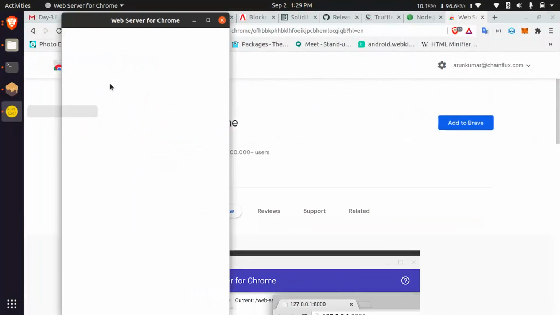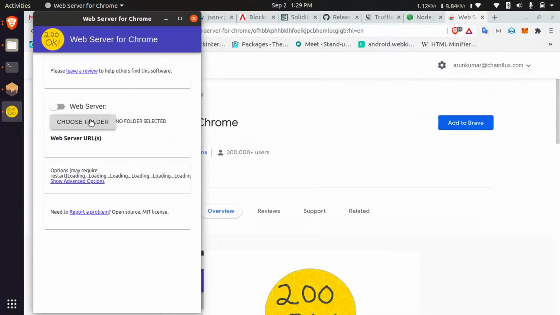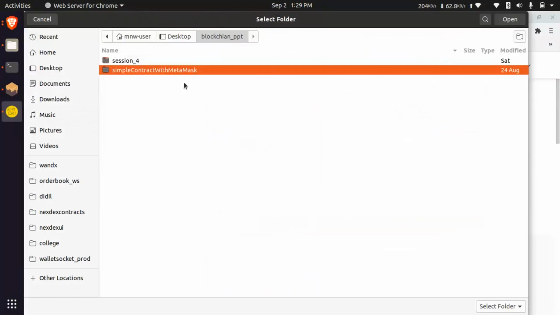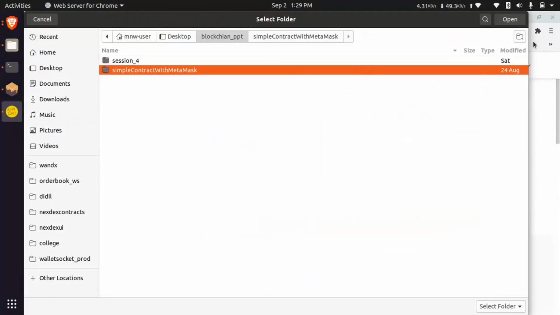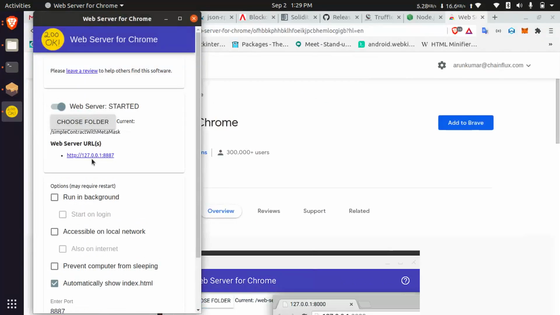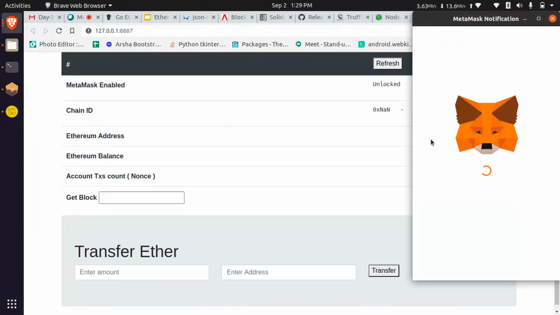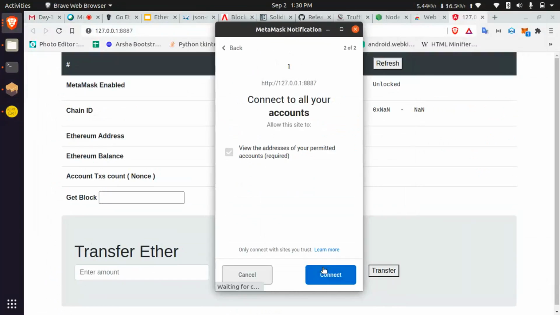Yeah, this is the open, and then choose folder. Here I created that simple file. I am selecting this directory, and then I am starting this. It is asking for a MetaMask connection. I'm selecting two accounts.